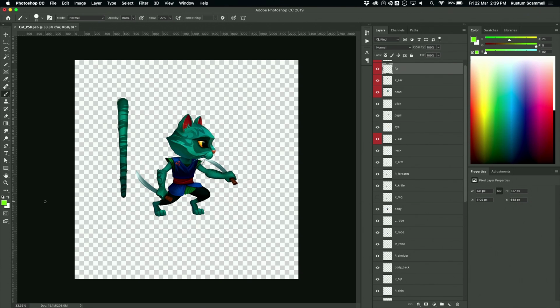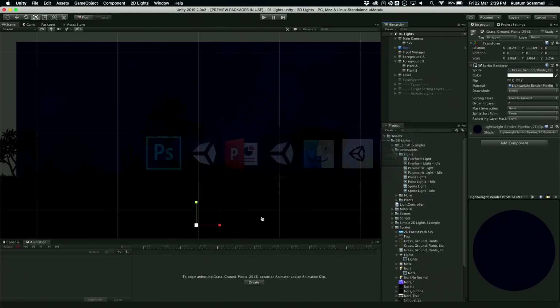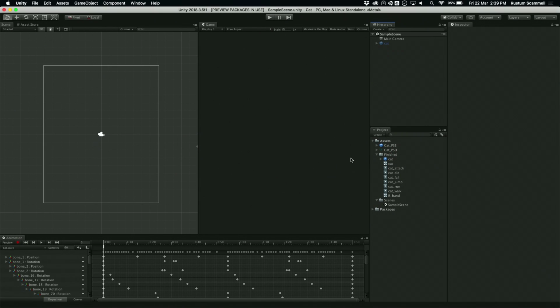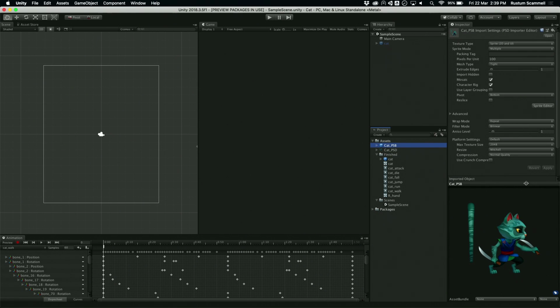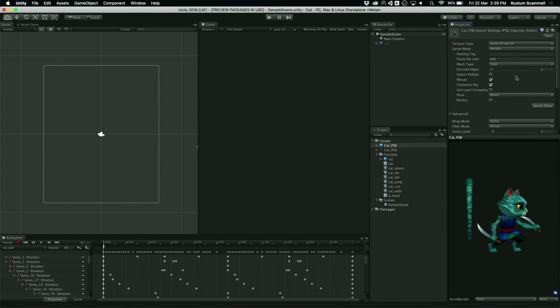You can then bring that into Unity, and you'll be able to have that metadata carry over with it. So recognize all these different layers. Now if I go over to Unity, spoiler alert, I've got a standard cat PSD. But if I go to this PSB file, which has been imported, what you'll notice,